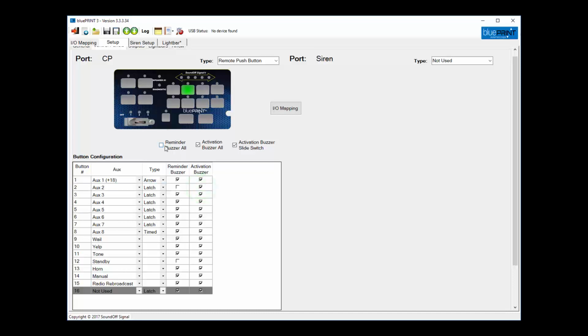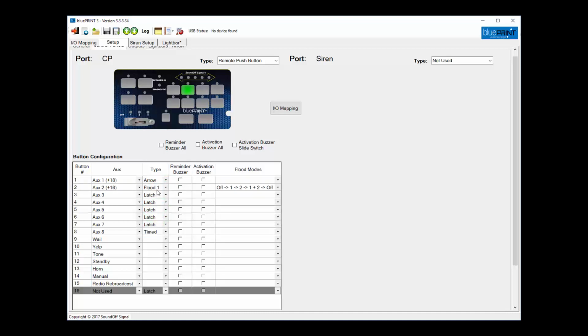Up at the top here, you can turn the reminder buzzers off for every single button, as well as for the activation buzzers. Depending on the button type you pick, you may have additional parameters that you can set. In this case, when I picked flood 1, it gave me the options for how that one is going to